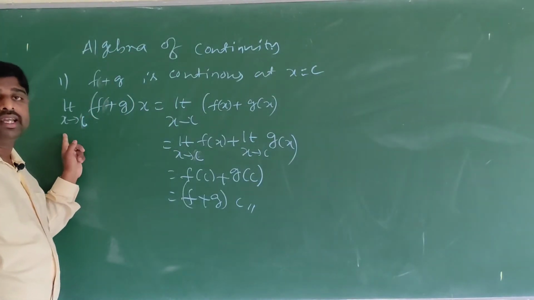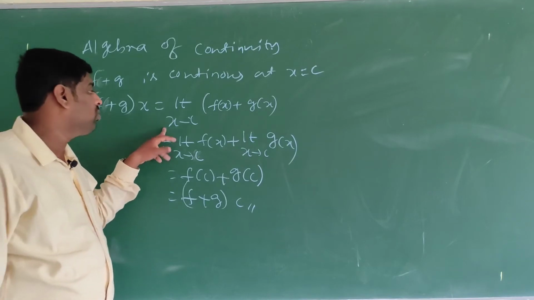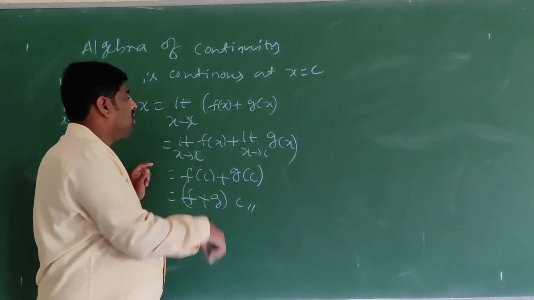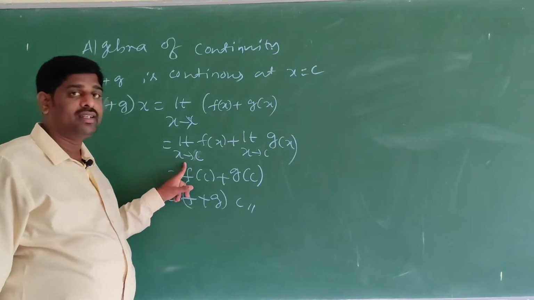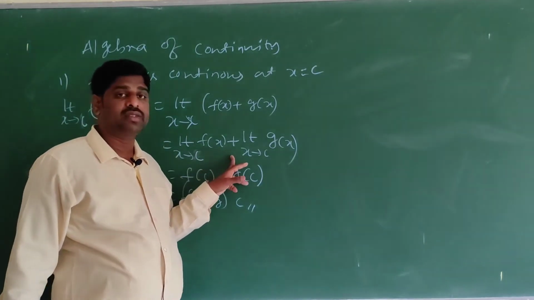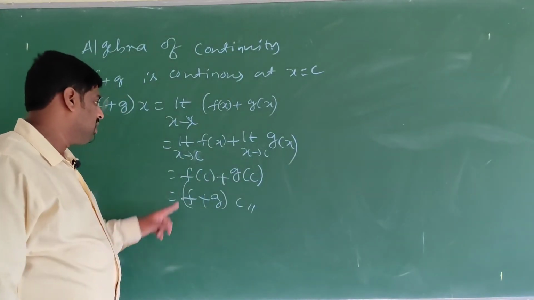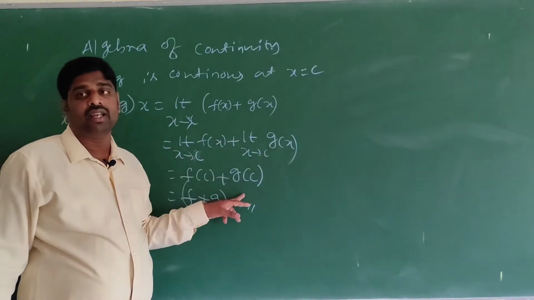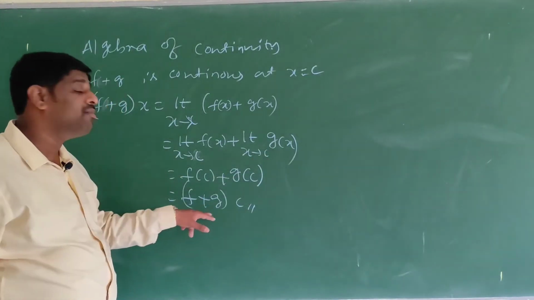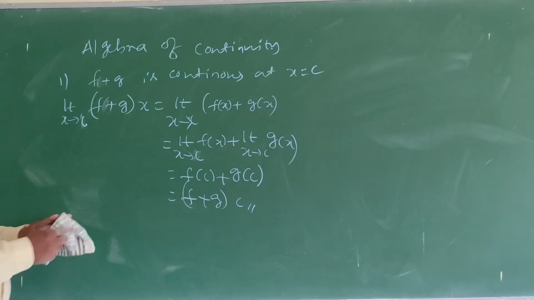Limit x tends to c of f plus g of x is equal to limit x tends to c of f of x plus g of x, which is limit x tends to c of f of x plus limit x tends to c of g of x. f of x can be written as f of c, g of x can be written as g of c. This can be written as f plus g of c. Similarly,